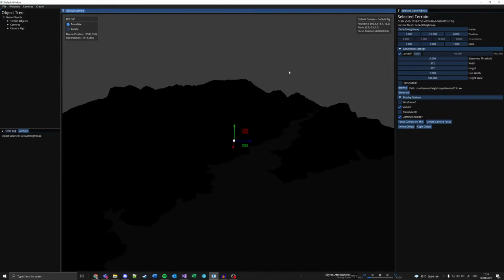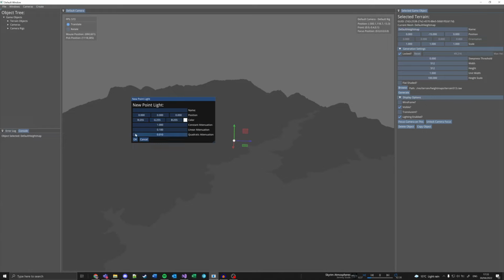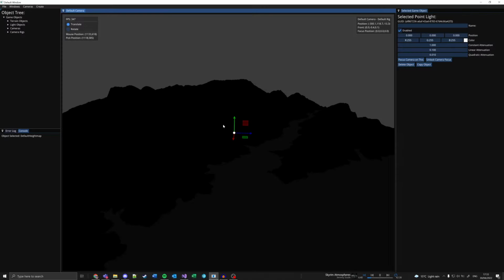If we enable lighting on both models, it will initially be black because we have no lights in the scene. If we now add a light to the scene, such as a point light, OK, and a point light will be made. Now, at the moment, the point light is very small, so we need to adjust its